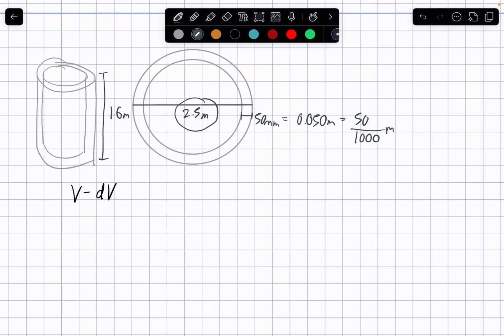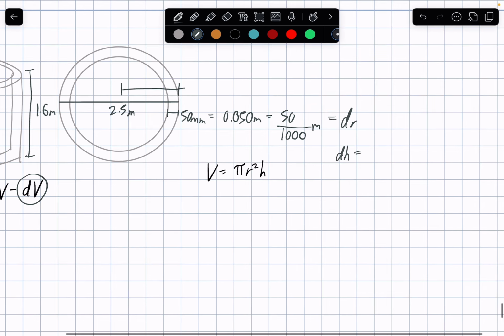Since we have the diameter, we can derive from that the radius, and using the height and the radius, both of them are found in the formula of a cylinder, pi r squared h. And we could use pi r squared h to find the outer volume. And the dV is basically going to be the total volume of the thickness, which is 50 millimeters. It's consistent. So this is going to be our dr, and our dh is going to be also,